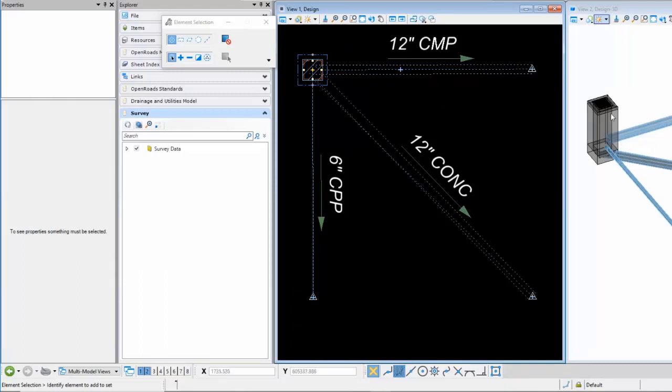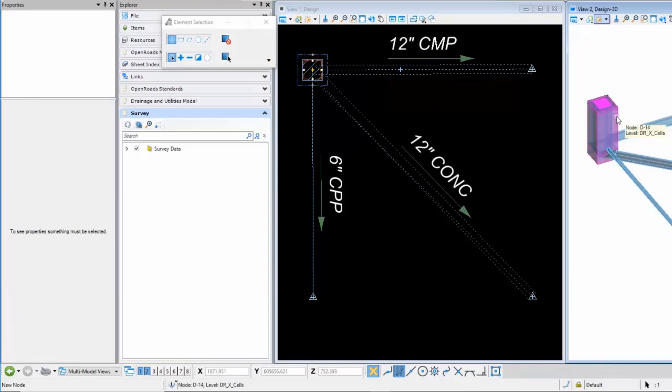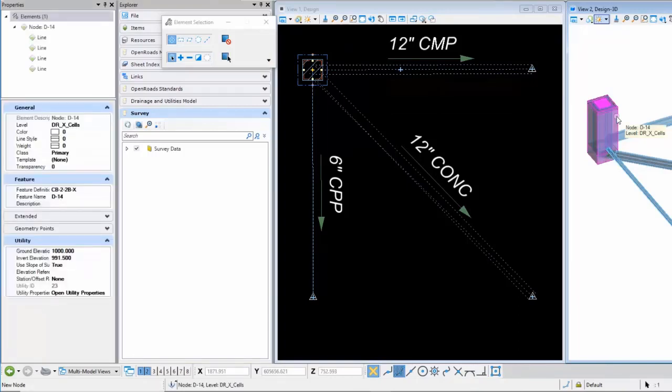Okay, so when I'm done editing and connecting my nodes, the last thing I want to do is go back to the structure itself, or the node for the structure, and I want to change its invert to the surveyed value. So there was a flow line point here that was surveyed. That elevation was 990, so I'm going to change this back to 990.